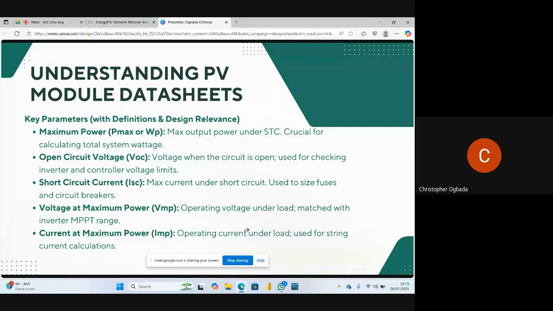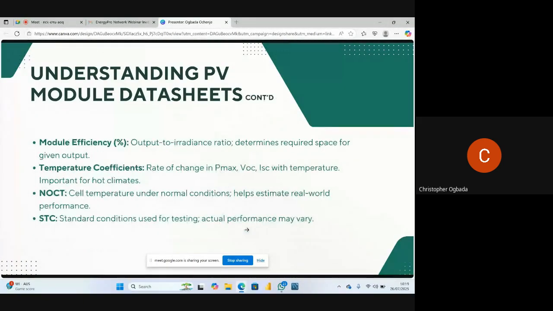a particular temperature, because apart from this, you also see module efficiency. Most of your solar panels actually have their efficiency. So when we say that your maximum power is 600 watts, there is another very common mistake that installers make. You are designing for 2000 watts of load, for example, and you just get 5 sheets of panels and you say it's 500 by 4. That is you assuming that you are going to get 100% output from those solar panels, which is very wrong.